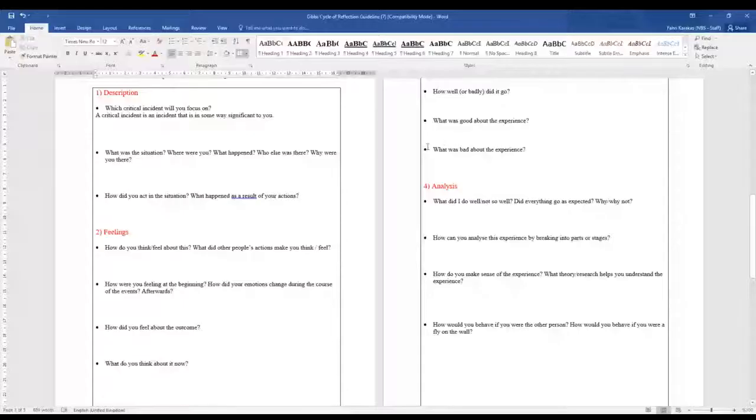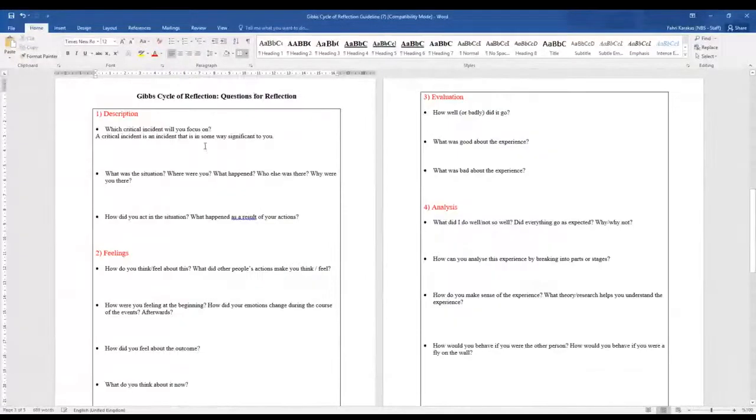So this is the document that you will be working on. The first 2 pages are guidance about the Gibbs cycle. You will start in page 3 with the description. Which critical incident will you be focusing on? Just try to type up your responses to these